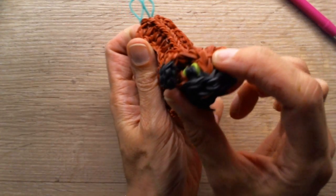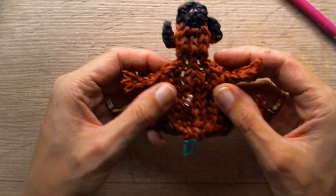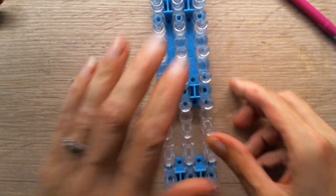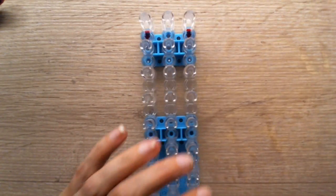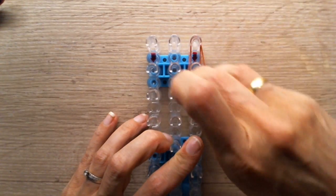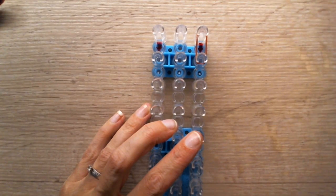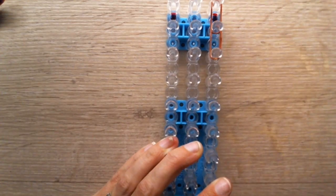Obviously you also need to wire this dog in order to make it stand. But first we're going to do the tail. So grab your loom. I have to place it like this, of course. I'm going to start at the top. Yeah, I will have to do it like this. So single double looped main body color. 1, 2, 3, 4, 5, 6, 7, 8, 9. 9 times a single double looped band